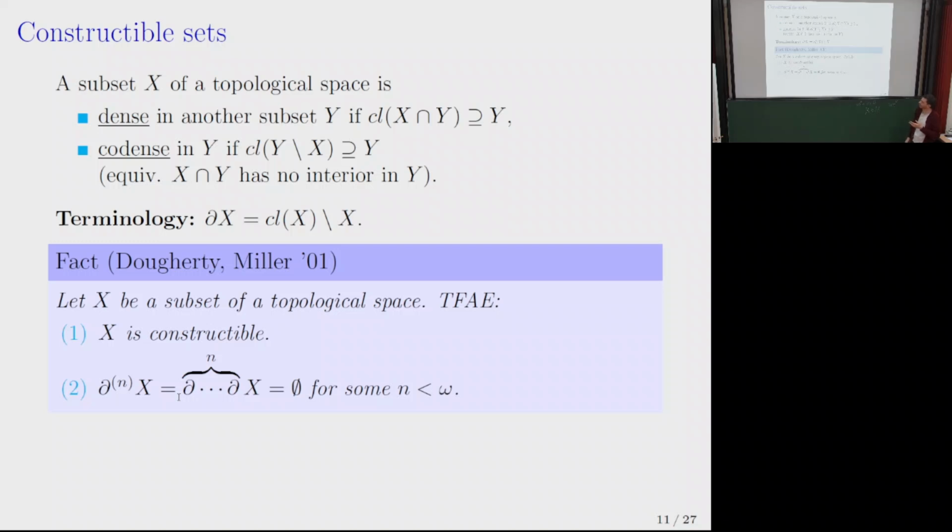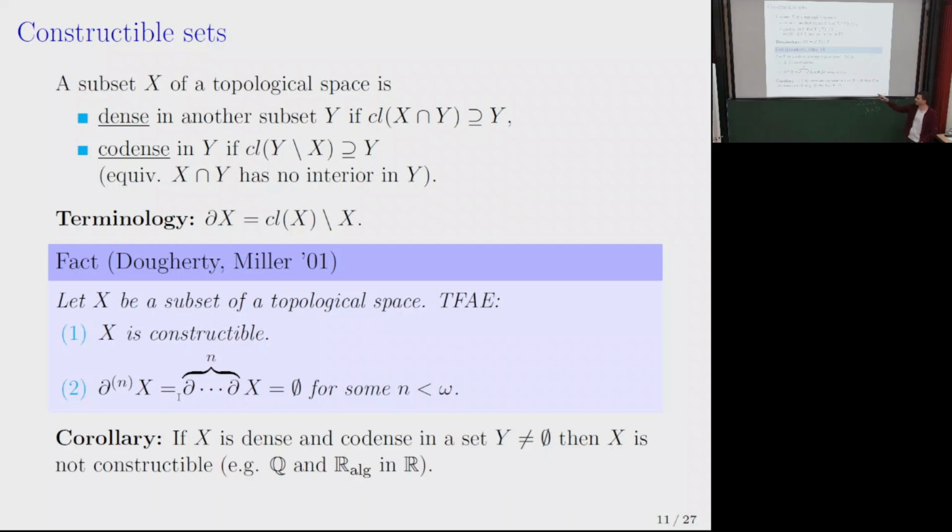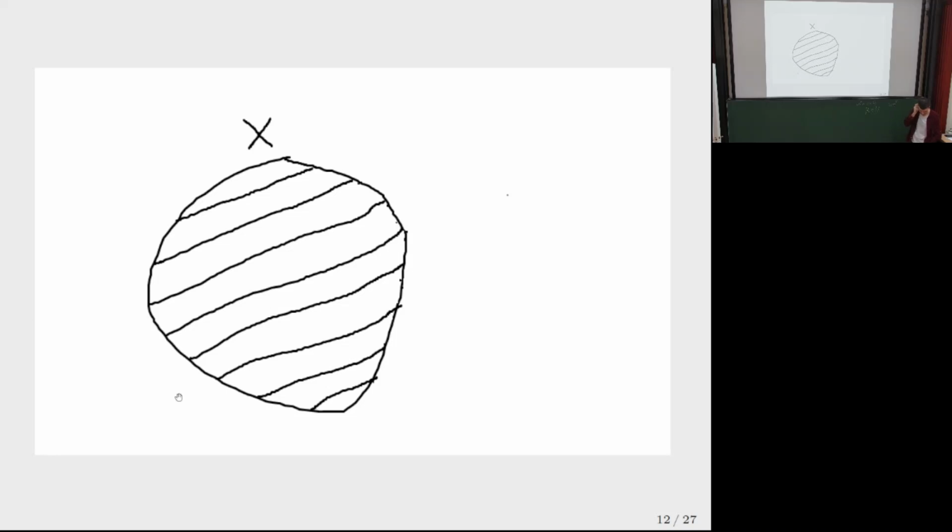It has some important consequences. Well, first of all, it now becomes obvious that if X is dense and co-dense, then it's not constructible, right? Because then this process does not terminate, does not get to the empty set ever. So the examples I gave before, I mentioned Q and the real algebraic numbers are not constructible. Now it becomes pretty obvious that this is the case. But there is something else that you can extract from this that I haven't really seen in the literature, but it has been crucial, in particular to prove this theorem A. And I'm going to try and explain with some pictures I made in Microsoft Paint.